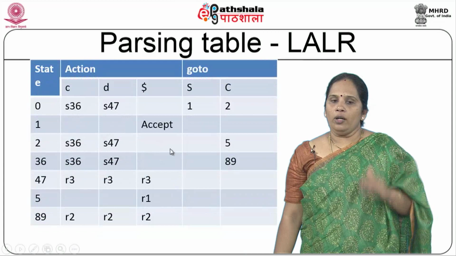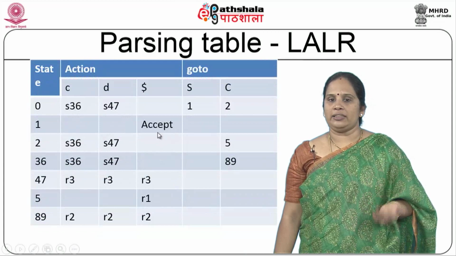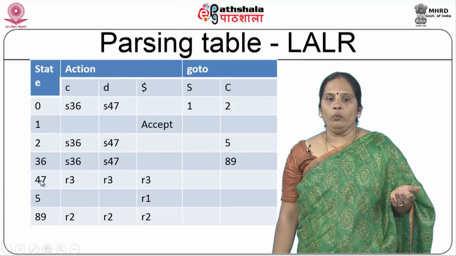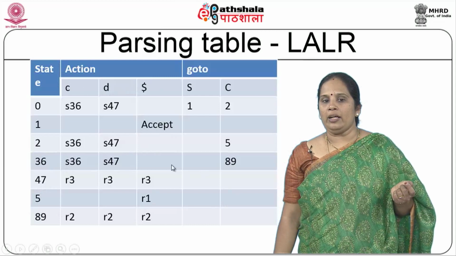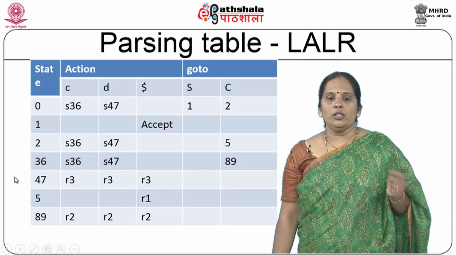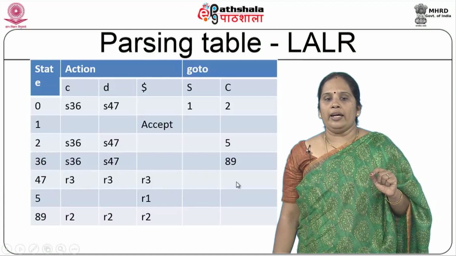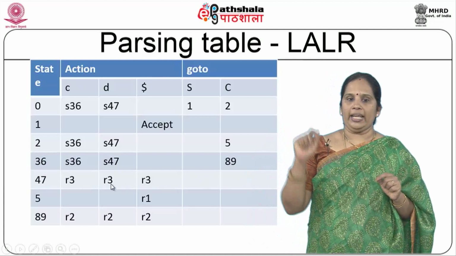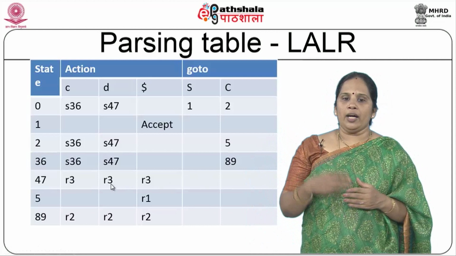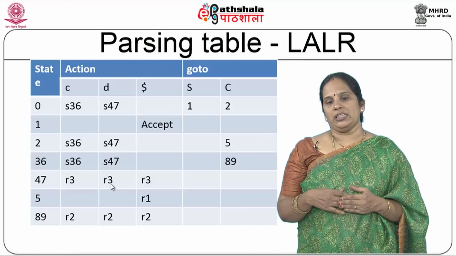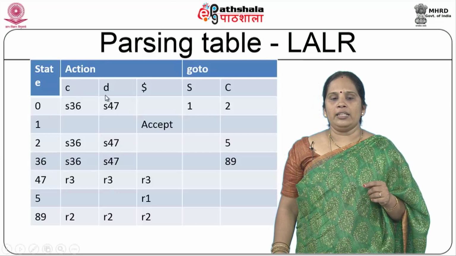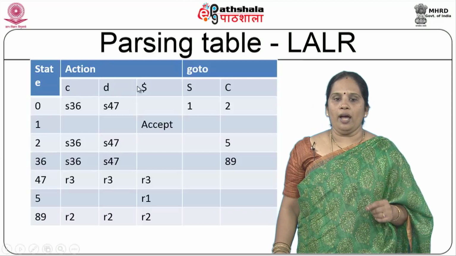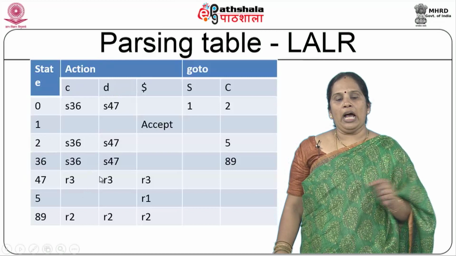Now, the accept action is same, there is no problem. Now, 47 on C, D, dollar, because I have combined them together, this is one area which now has a dot at the end, where I will reduce it by the third production, which is C produces D dot. At the intersection of this against a C, this against a D, and this against a dollar, I will add it, reduce it by R3.